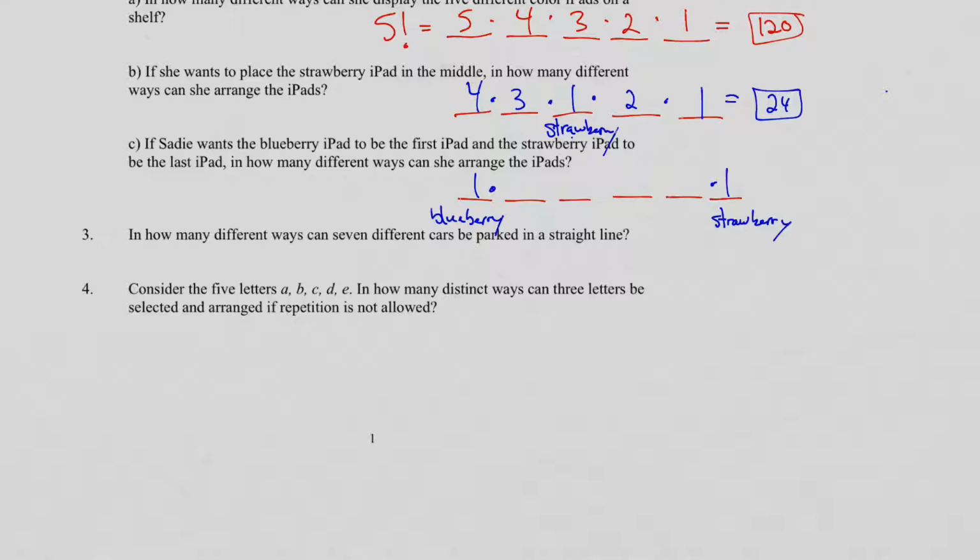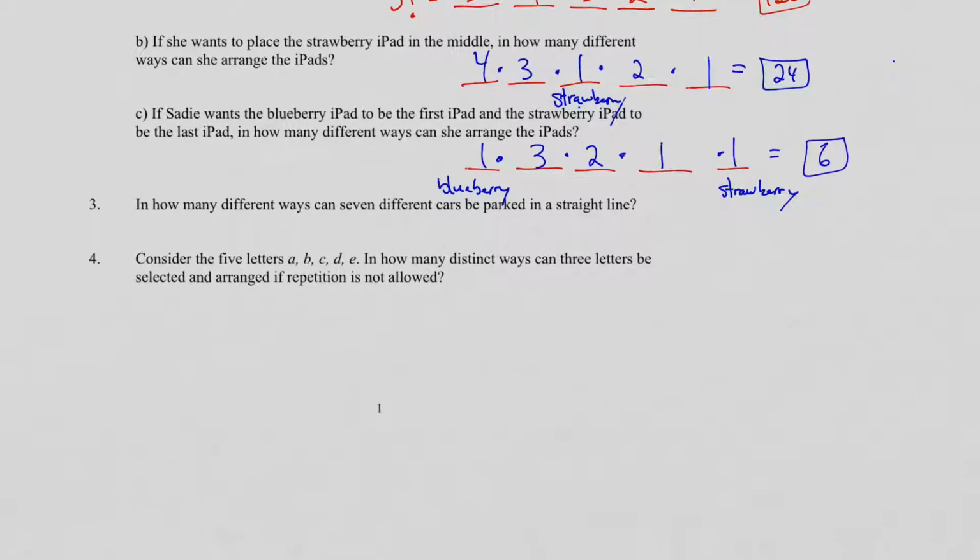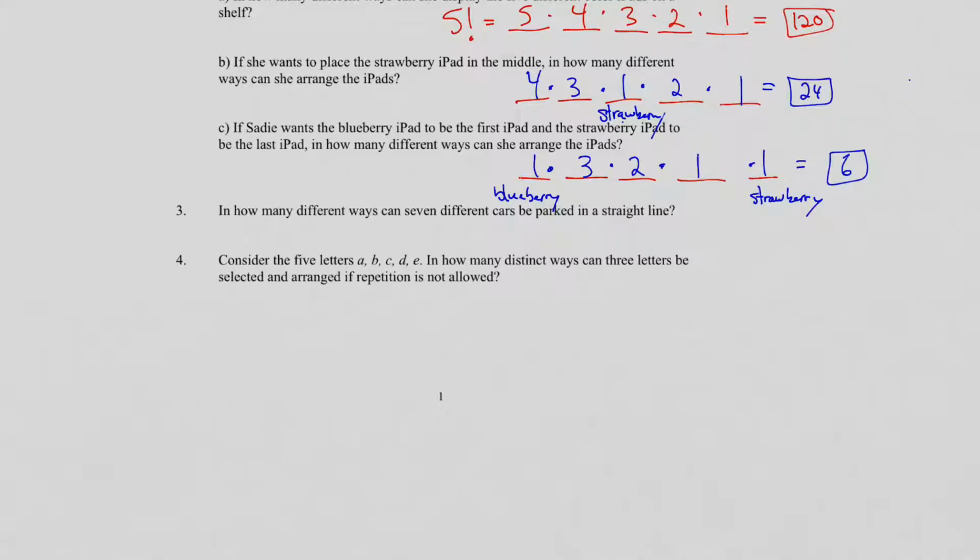She just used up 2. That leaves us with, wait, why do I have 6 in here? Sorry. So, she has 3 left for that spot, 2 left for that spot, and 1 for that one. Okay, so that is